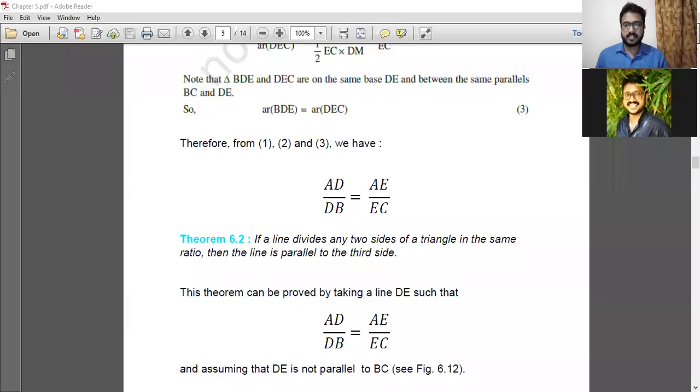Good morning, students. Have you studied what we had discussed in our last class? In our last class, we have seen many theorems, many important theorems. So we will just recollect that.